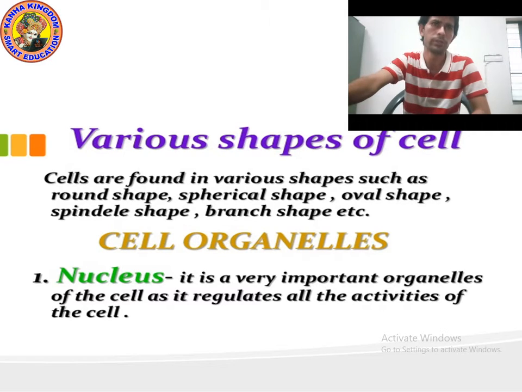You know, in the previous class I showed you different shapes of cells. I showed you the sperm cell, the blood cell is a round cell, the smooth muscle cell is actually spindle shape. Blood cell is actually round shape or oval shape, and I showed you the branch cell, so different shapes. We will see some different shapes again.